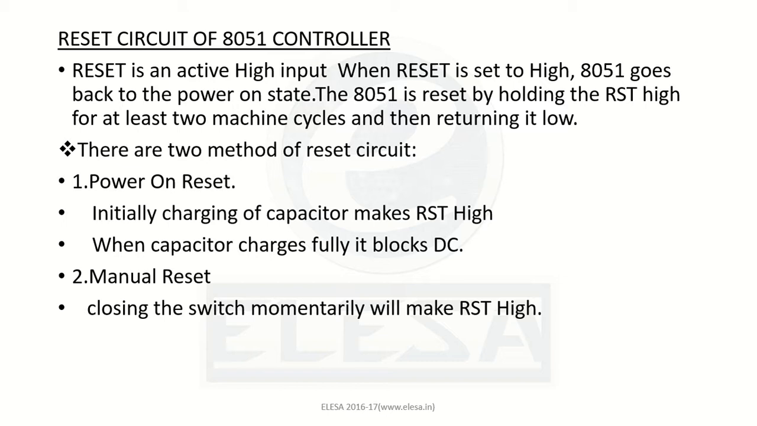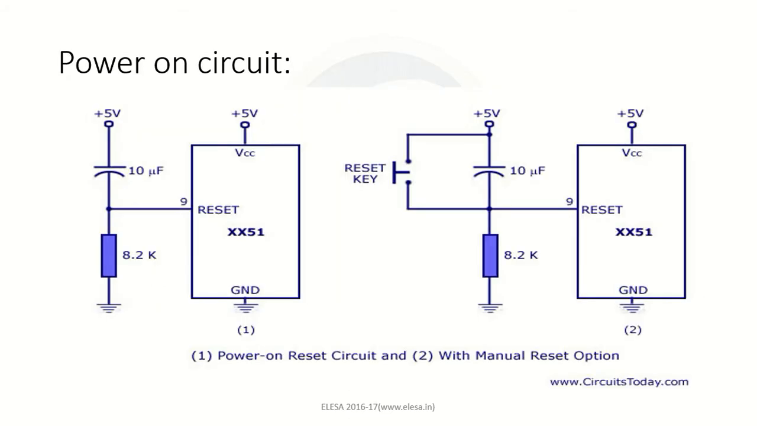Now in the first method, in the power on reset, the initial charging of the capacitor makes the reset pin high, and when the capacitor is charged fully, it blocks the DC, and then it again discharges through the capacitor. Now in the manual reset, when we press this reset key, we get a positive voltage across the reset pin and the reset pin is made high. Moving forward,